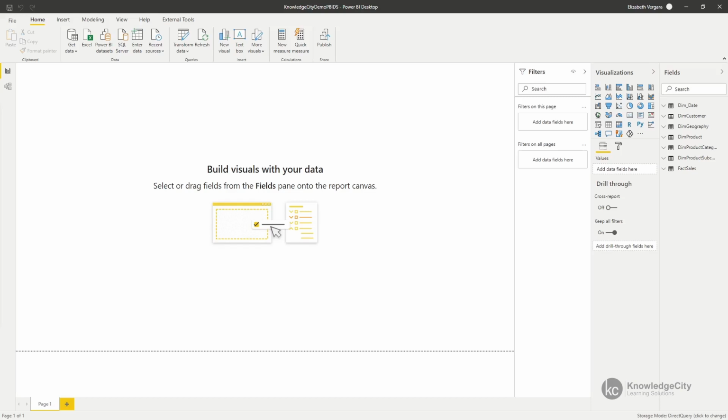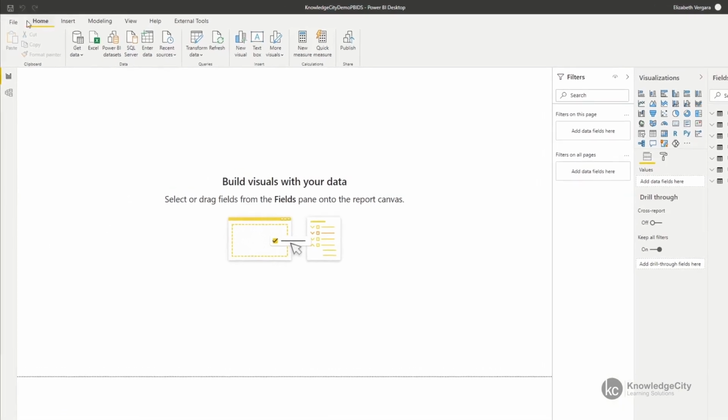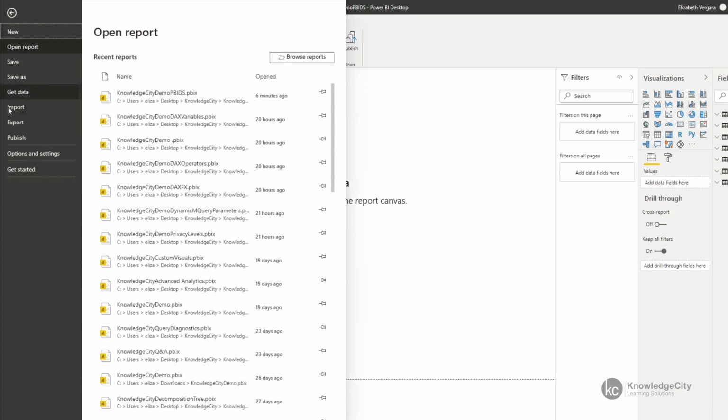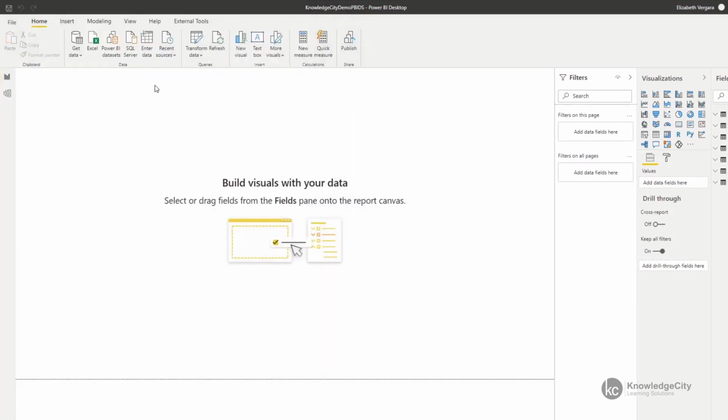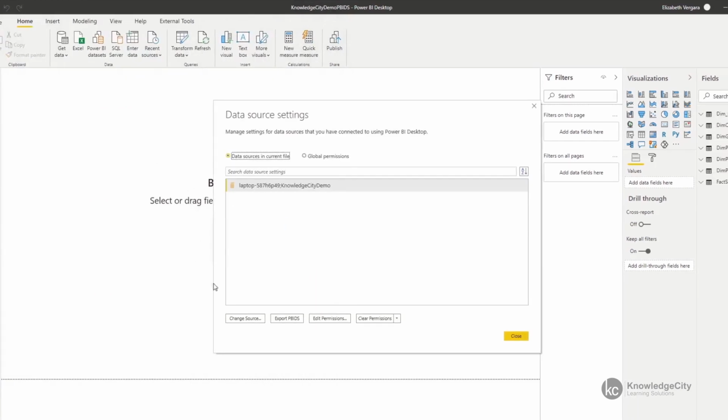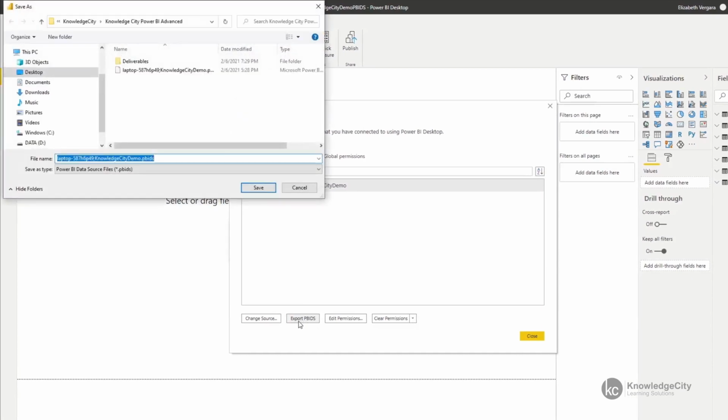To create a PBIDS file, select File, Options and Settings, and Data Source Settings. A dialog window appears where we can select the data source that we want to export as a PBIDS. For this particular example, we have one data connection to a server and the database Knowledge City demo. Here, at the bottom of the dialog box, we can export the PBIDS. We'll click on Export PBIDS,